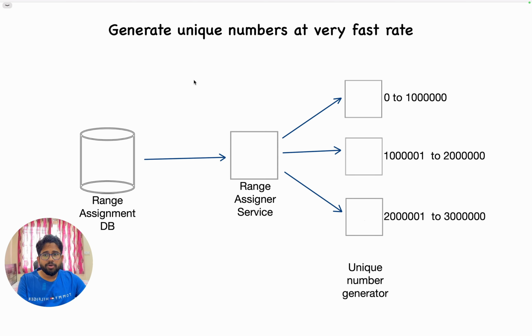Now let's talk about how to generate a unique number at a very fast rate. The naive approach would be that you have a server, a REST API, and you have a variable in memory. You don't even have a database. Whenever a request comes, you just update that variable. So for every new request, you keep on updating the variable. You take care of multi-threading stuff. So you can take a lock at that particular part where you update the variable, but still it will be very fast. So that's a naive approach.